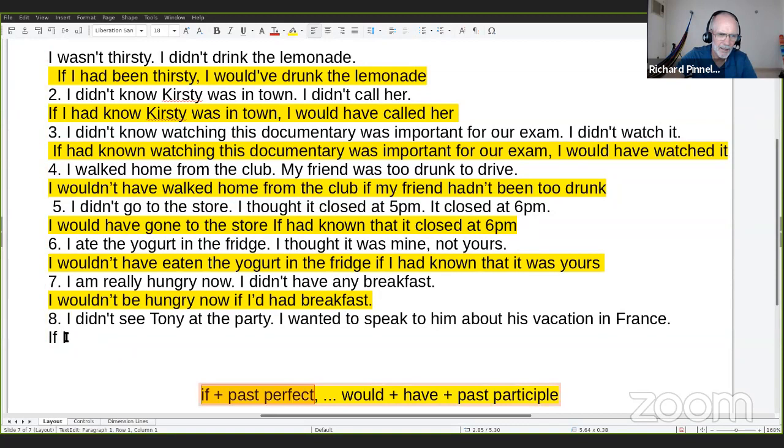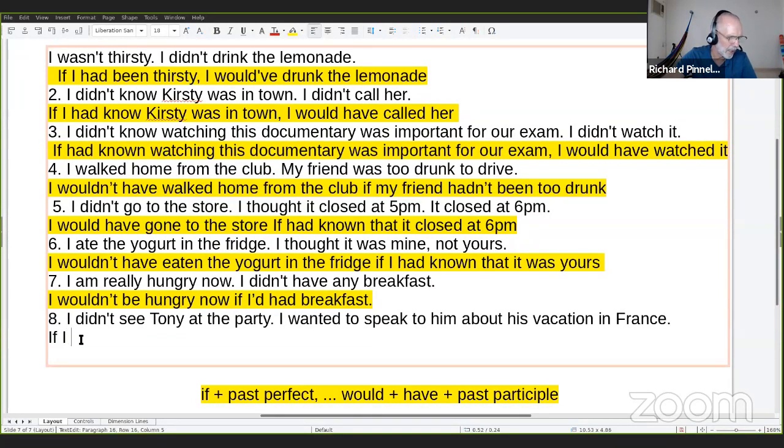If I would see, says Claudia, no. This is the if part. We don't use would in the if part. Anybody? Had seen, yeah. Brenda and Claudia. If I had seen Tony at the party, who's got the next bit to finish the class? Anybody? If I had seen Tony at the party,